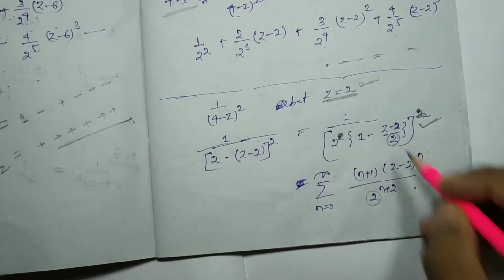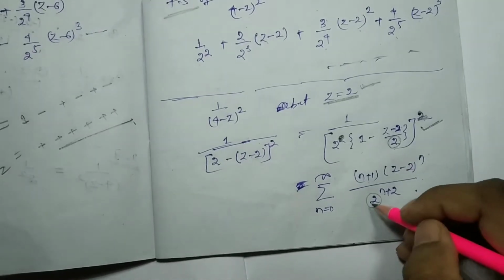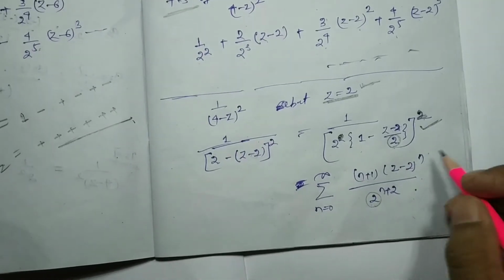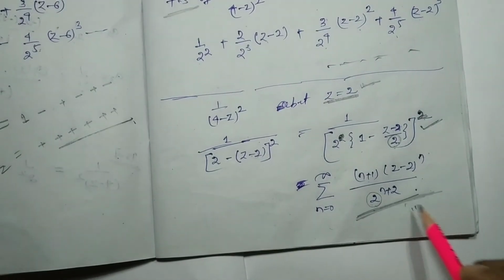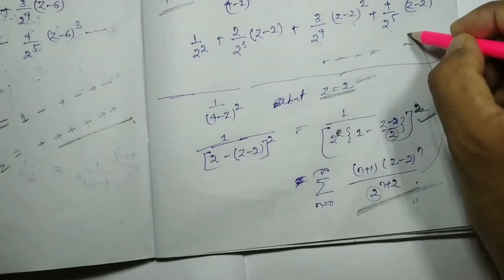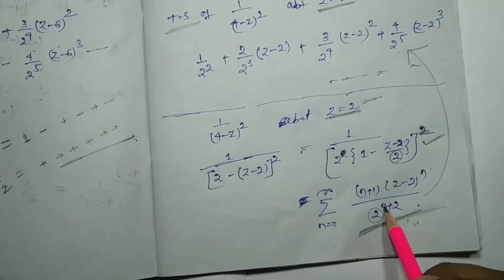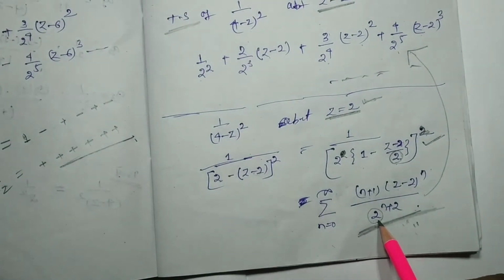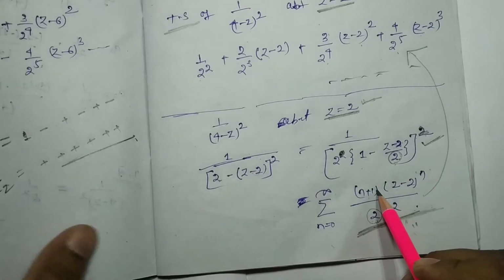Division factor is 2, 2 to the power n plus 3. Suppose the division factor is 3, then 3 to the power n plus 2, like that. So here you can just expand this summation format, whatever we have written over here, and we can get this series. You just try it: we have to put n equal to 0. Zero means we get only 1 by 2 square. Here something to the power 0, 0 plus 1 is 1. So 1 by 2 square.